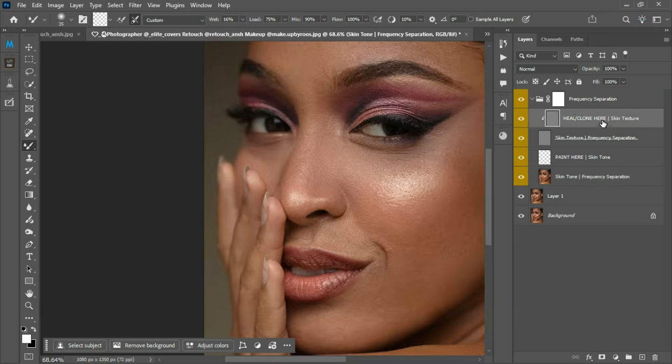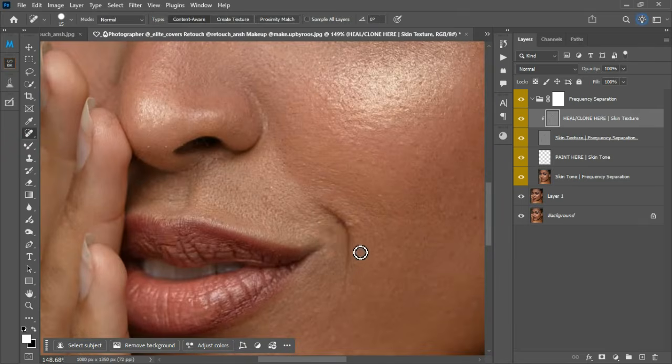Now I'm going to go to the heal or clone layer. I'm going to grab this tool and I'm going to start working on